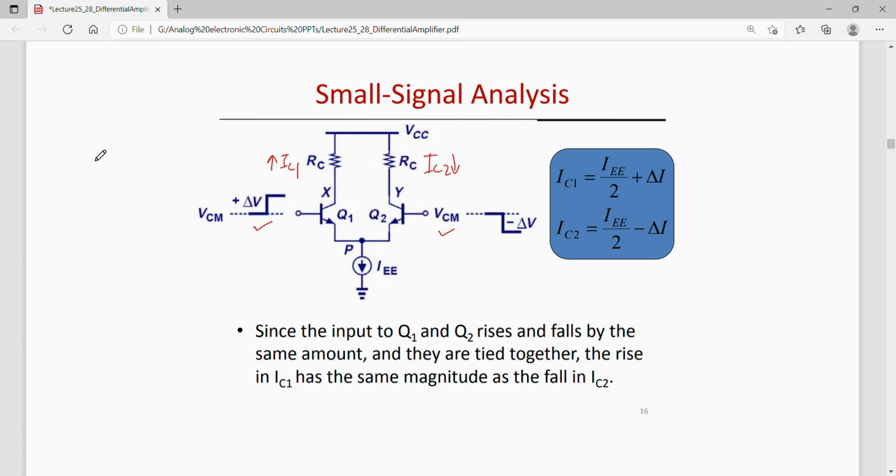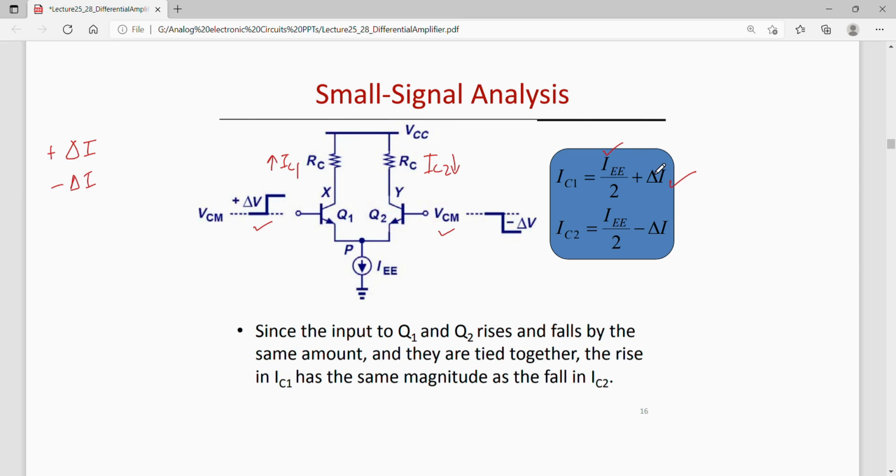So let us say that if IC1 is increasing by delta I, then IC2 should reduce by the same amount delta I. So one can write IC1 in response to a small rise in input delta V as